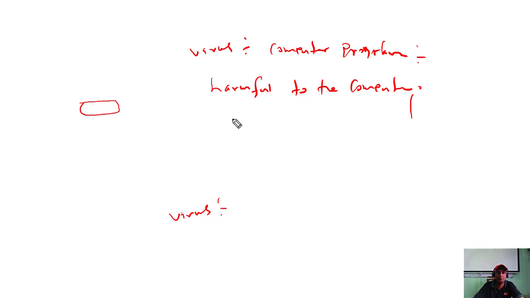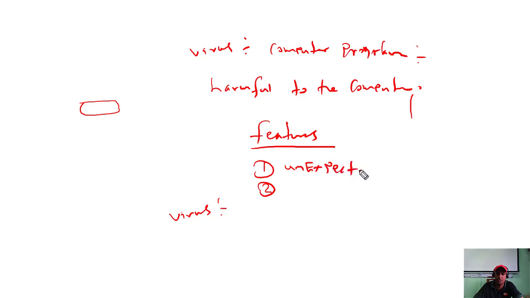So what are the main features of viruses? What kind of features can you say? Through the viruses, a lot of disruptions happen. For example, unexpected results happen. What are the unexpected results?